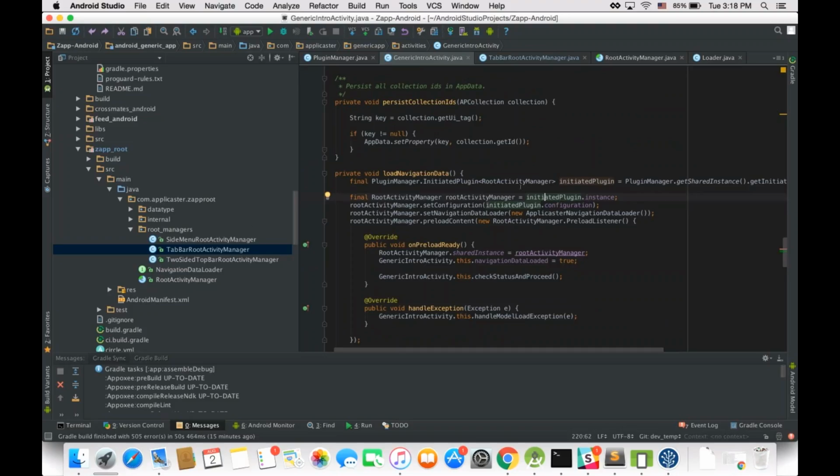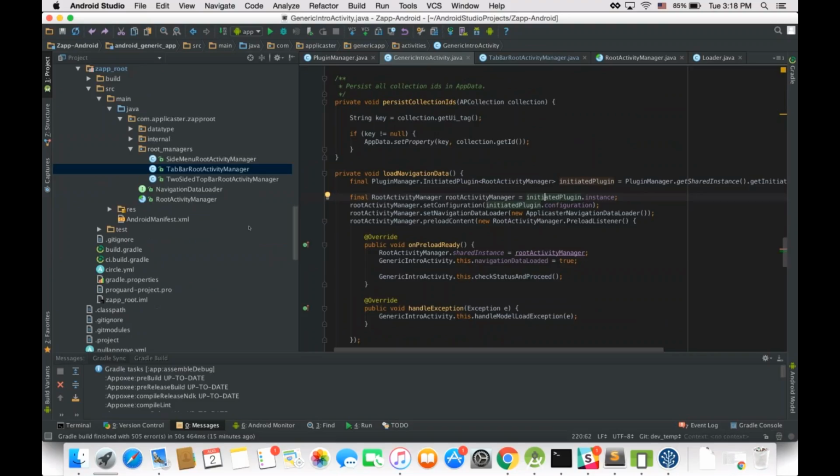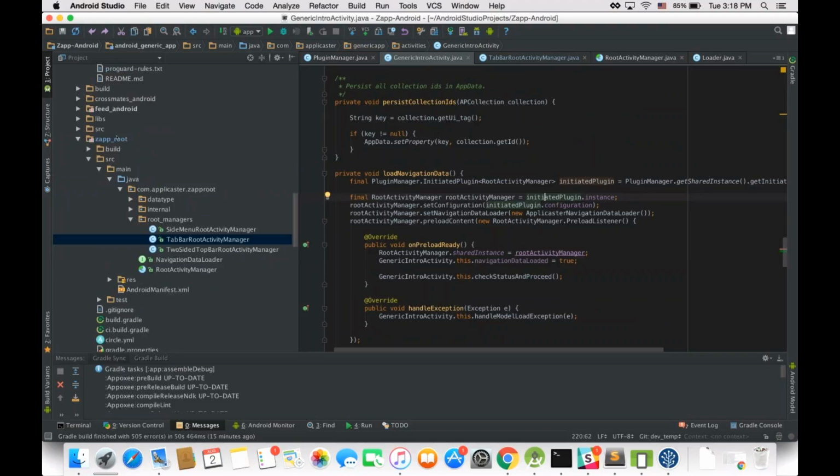Currently, for example, for the root, we have a new model called the Zapp root, and inside you have the so-called default managers that are the side menu and the two-sided top bar, which is the no side menu option. If you want to create a new root that has an external source, you can create it on Zapp and upload your